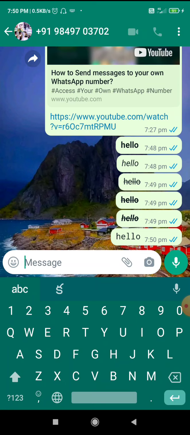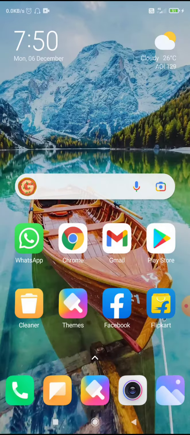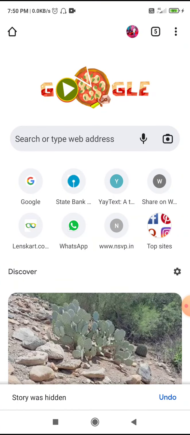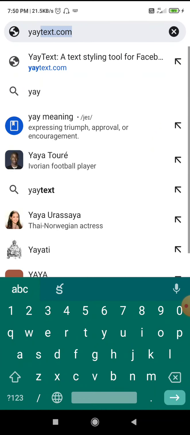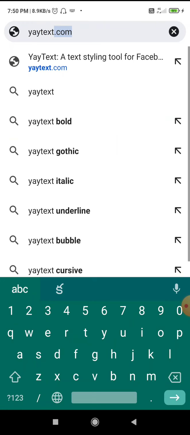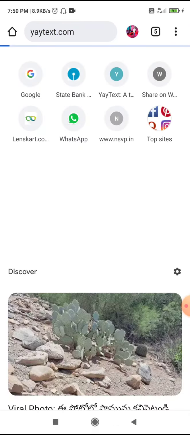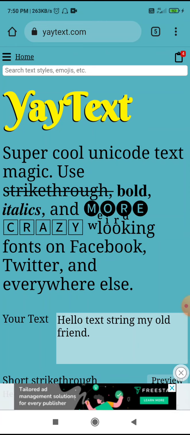Along with this, I'm going to show you a website which provides pre-formatted text. Let us see. Open the Chrome application and type the URL yaytext.com and search. You can see on the screen that the website is open.